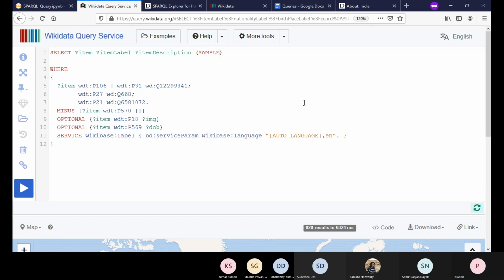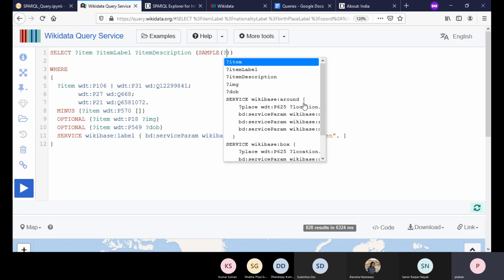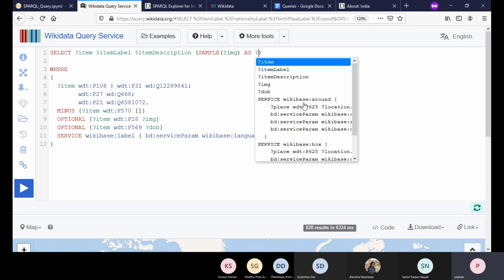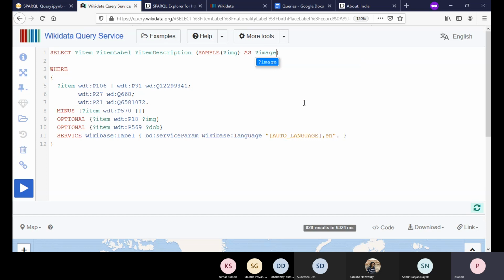Sample, and it will be sampling over all the bindings over the images, IMG, right? We are doing a variable assignment here, and storing that in, say, image. Also, I want to sample the date of birth.